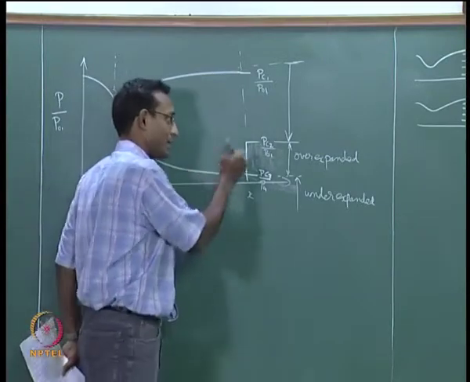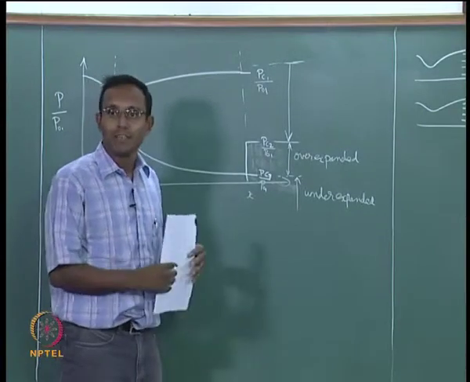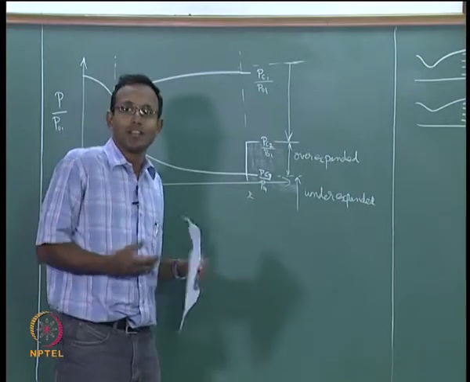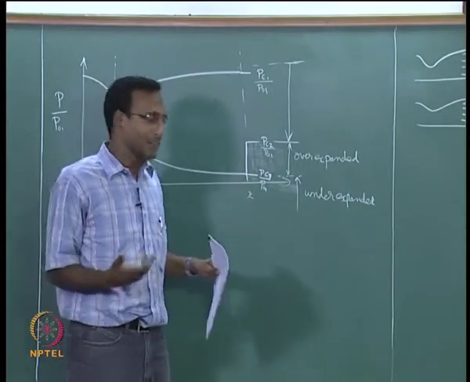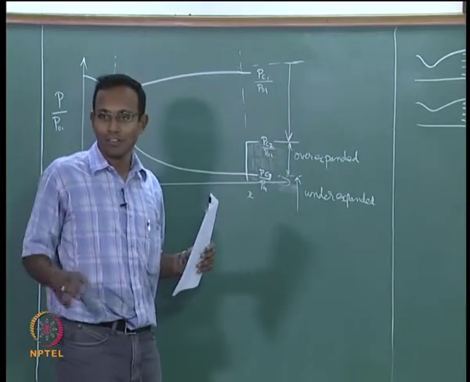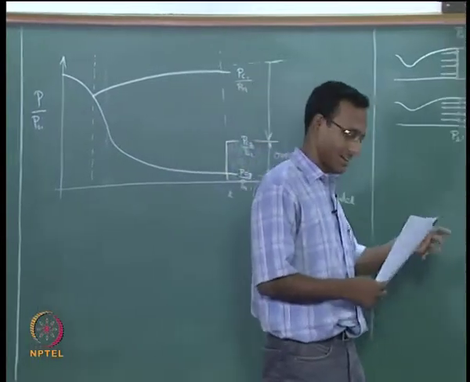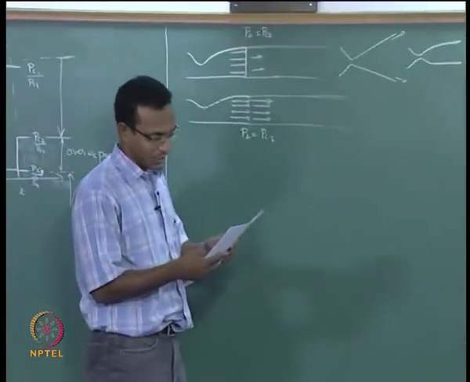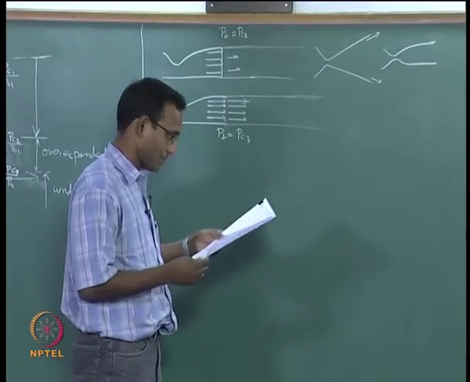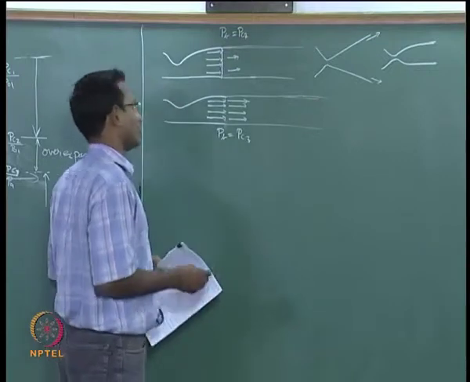When I look at it this way, what should I need to make the pressure go up? It should be a set of compression waves, and typically we will say that compression waves bunch together and form a shock. We will keep it that way for now. I have not given you complete proof yet. We will go to shock tubes and deal with that later. That is towards the last part of the course probably. So we need some kind of shock.